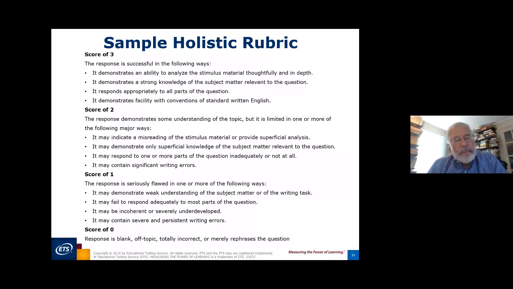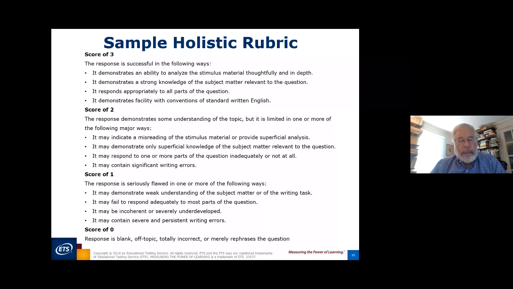The others, there's 3 points. A 3, if you look, is successful in different ways. A 2, some understanding, but it's limited. 1, seriously flawed. Then you can further see that underneath each of those big descriptors are a series of 4